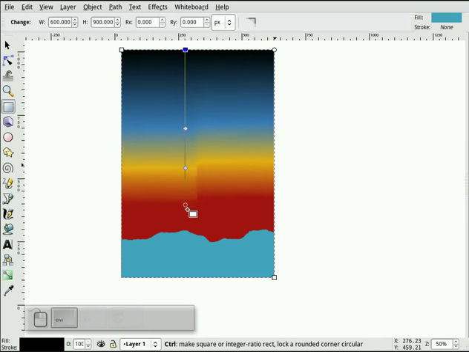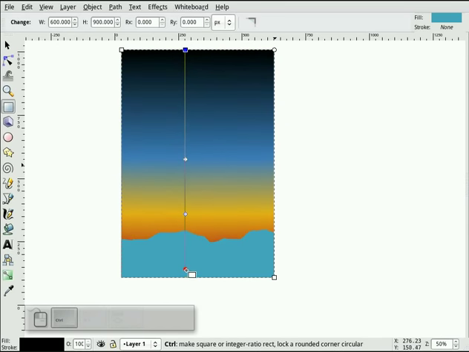I'll hold control and I'll drag this down. You can see behind the landscape. Now this is where we can kind of play with these. I think it's in Inkscape 0.46 that they introduced these handles into the gradient editor tool. So now I can just grab these handles and adjust them up and down to kind of get the effect